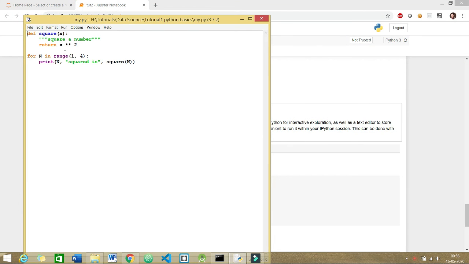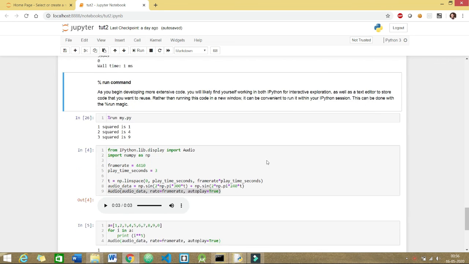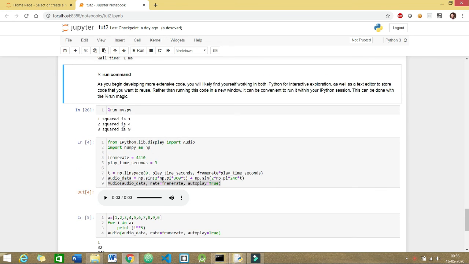It's basically computing the square of numbers from 1 to 4. So do you really think I would copy this and run it in my Jupyter notebook? If the lines are fewer, we can do that, but actually that's not a good practice. So what I'll do is, I'll just simply run this command and execute the name of the file, that's my.py, and whatever is there in this file would automatically get output.